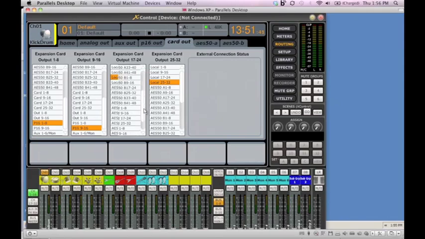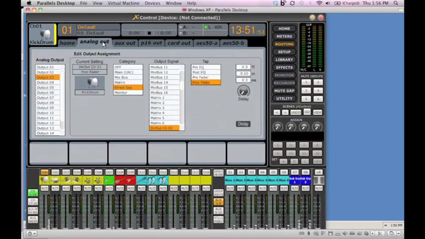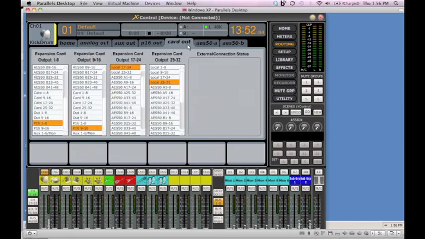And you can do the same thing with those analog outputs. Remember, in the example, I said that we're only using 8 outputs, and we have another 8 left. So let's say we got a really big drum plot. We got 20 mics going. Let's go back to the analog out tab, and I could do the exact same thing. I can individually assign the direct outputs from my channels with a post fader or a post EQ tap, and I can go to my card out, and I can select on my third bank of card outs, out 9 through 16. So you see, you actually can definitely get signals into the console post fader by working this way,